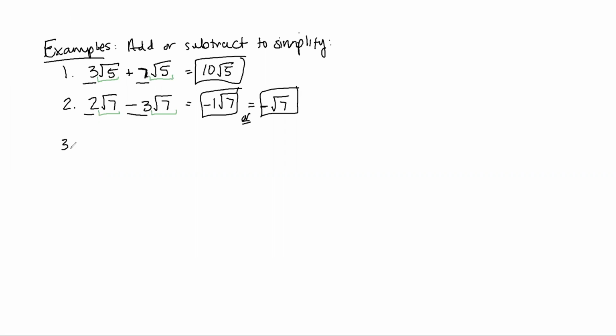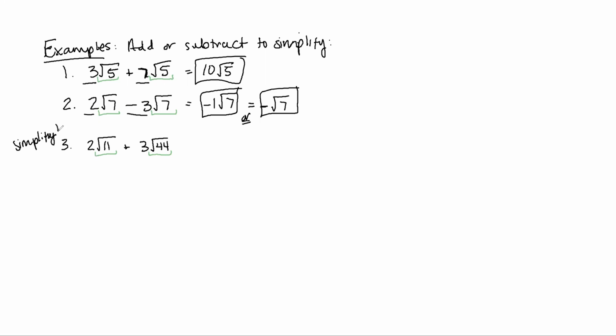All right, number 3, given 2 square root of 11 plus 3 square root of 44. So for this one, if you notice, we do not have like radicands. We have an 11 and a 44. We can make these look the same though. And in order to do that,